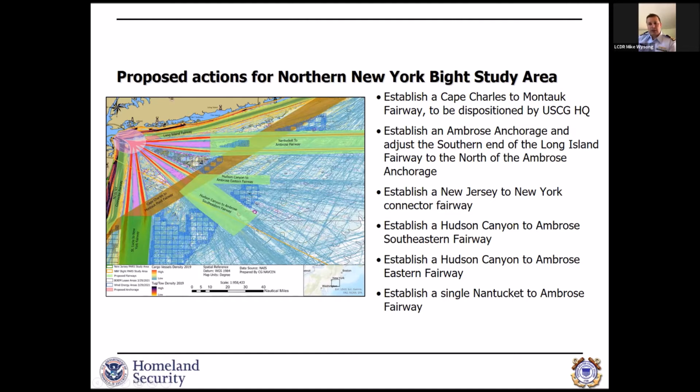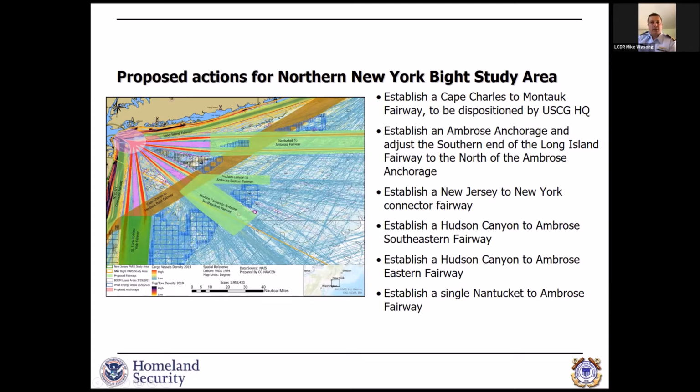Additionally, it's recommended that a Hudson Canyon to Ambrose eastern fairway, which extends to the east and joins to the southeastern traffic separation scheme, be implemented to a point 5 nautical miles beyond that central bight wind energy area. And then lastly, it's a recommendation of the Northern New York Bight PARS to establish a single Nantucket to Ambrose